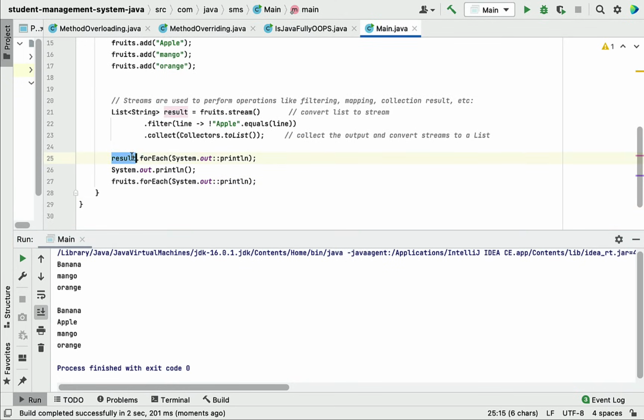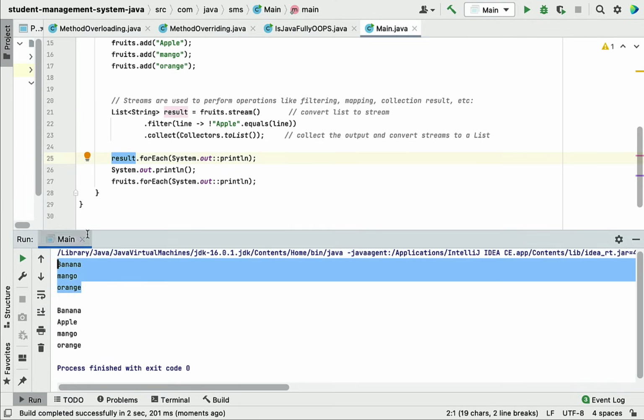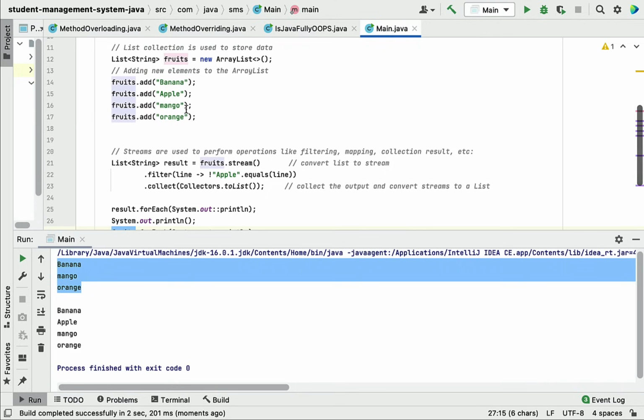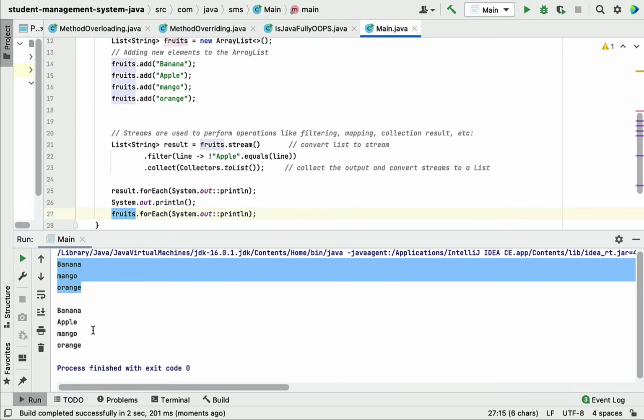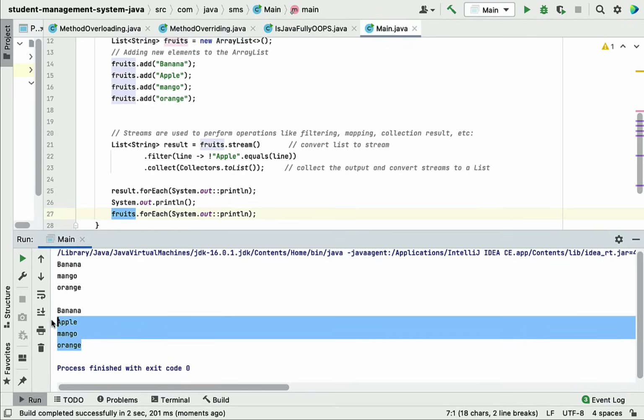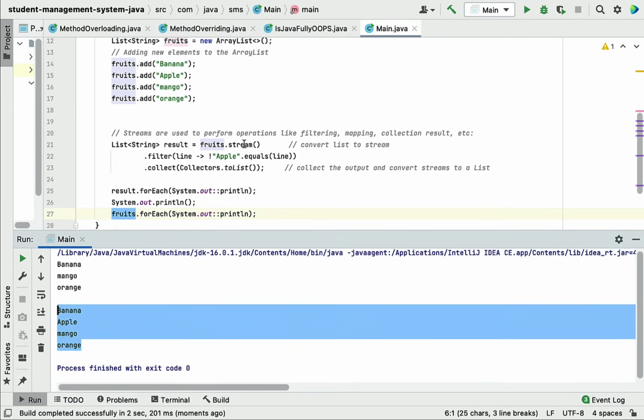So result, this is the output of the stream. Okay, and apple is filtered from this list, so you can see banana, mango, orange, and then fruits is the list, and I have printed fruits over here, and you can see the fruits list contains 4 elements. Even though we have performed some stream operations, that is filtering on fruits, but the source, that is the list, is